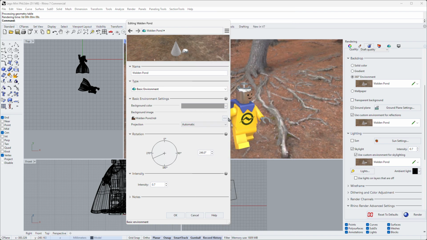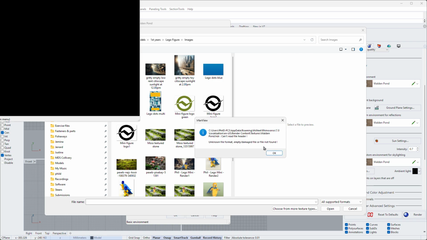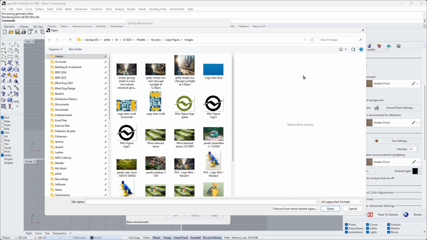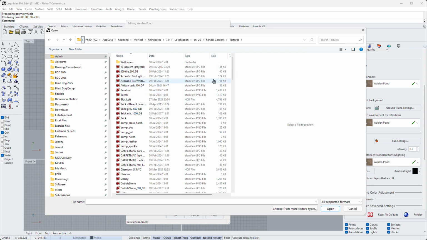Cancel. And I'm going to go back into this one, and then I'm going to click in the address bar. There we go. Control V, and it'll go to. Didn't like that for some reason. Because I've chosen Walden Pond. Let's just delete that one. Right, so there are all of our different